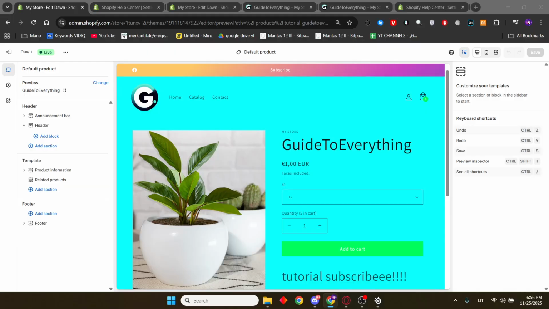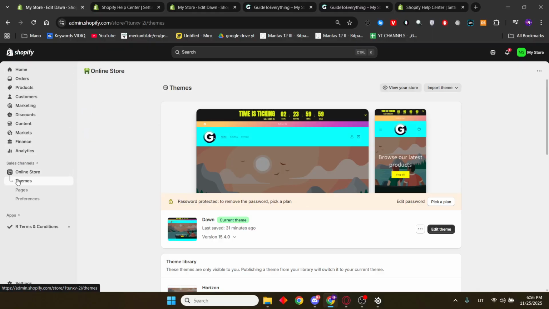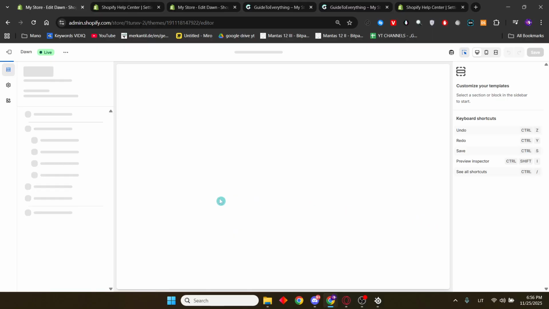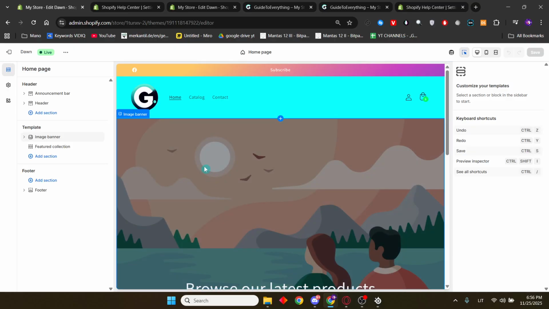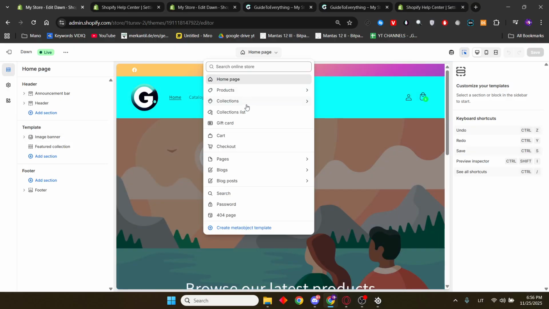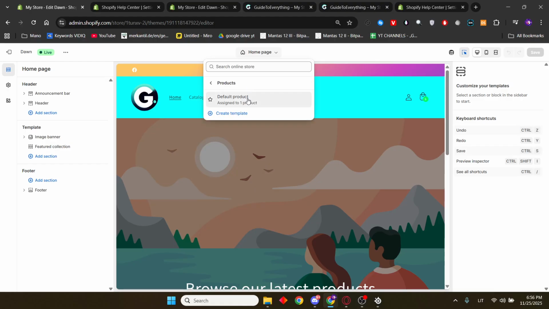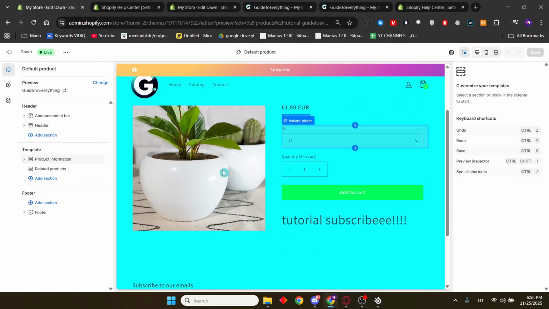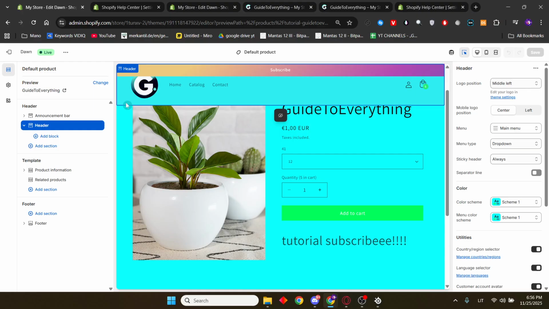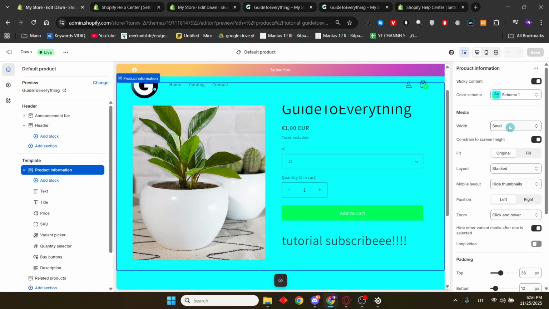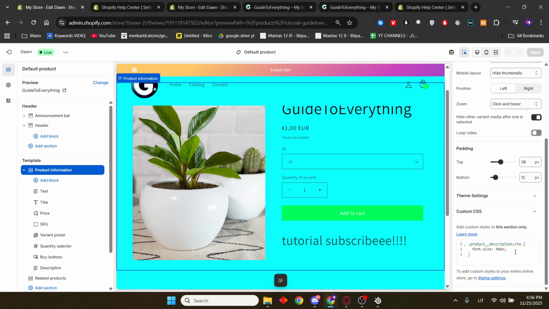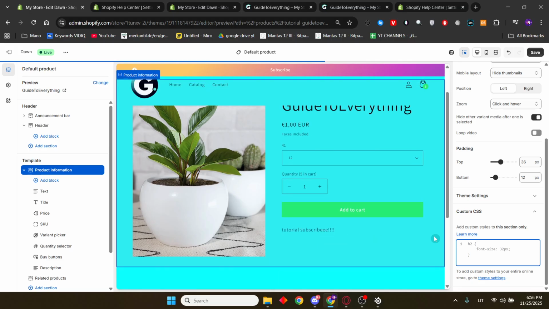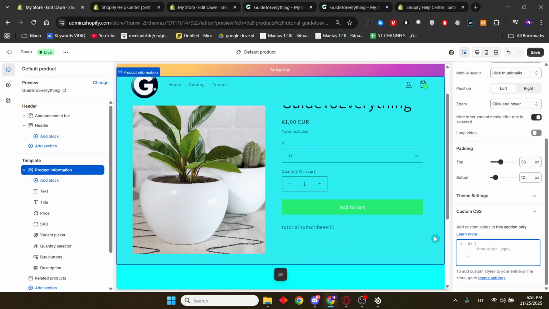So basically what you'll need to do is go to your online store, then themes, then edit theme, and after that you'll need to go right here and click on products, default product, and then you will see your product. What you'll need to do is click on product information and scroll down on the right menu, and then you'll see a custom CSS, so click on that one